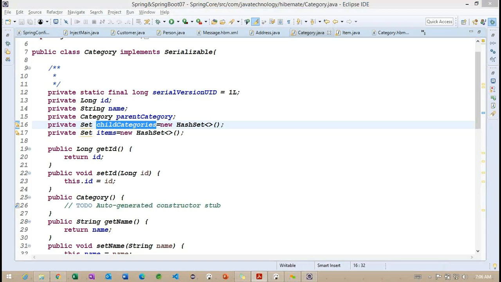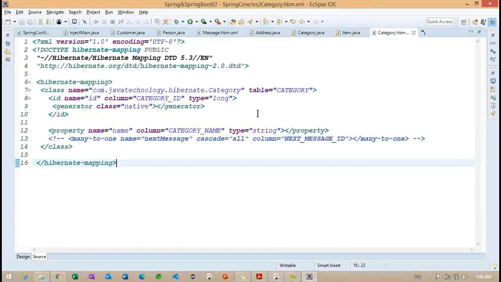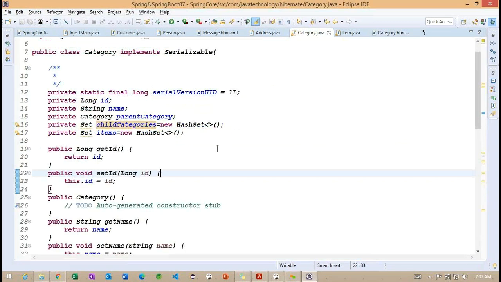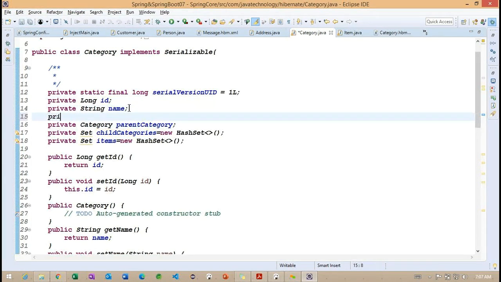Back to here, now what I'm doing is working with this mapping information, getting the point. Basically, I want to add one more property here, something called description. So the category description I'm trying to add here.